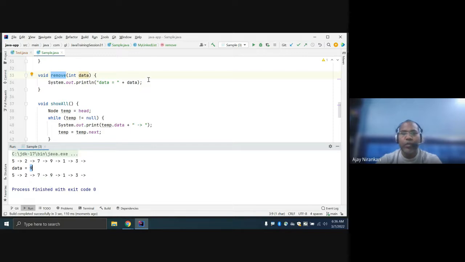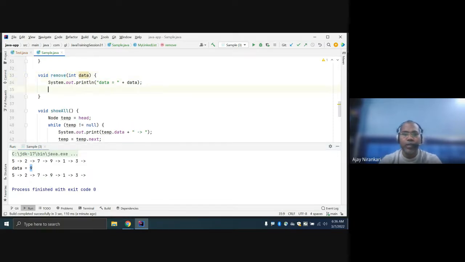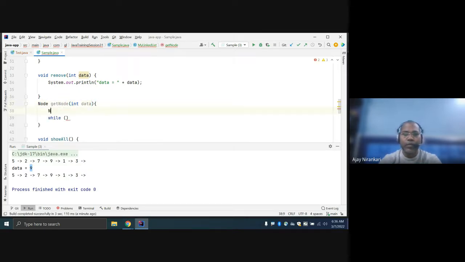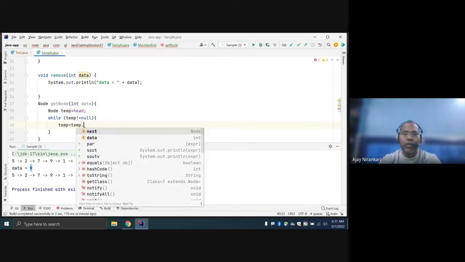So how to find it: there would be a method, get node, which will return a node. You can just pass data and write your while loop. Node temp, initialize to your head. If temp is not equal to null, you move temp equal to temp dot next.